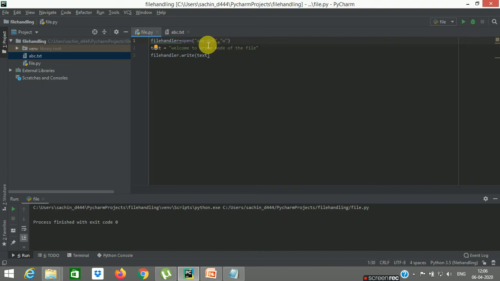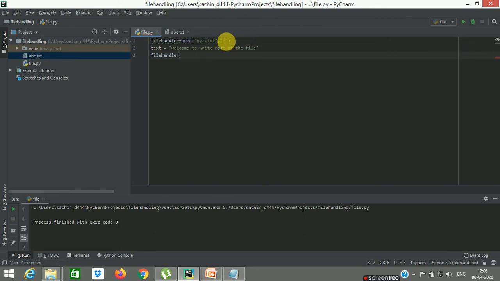Let's see if there is no file as such. Let's say I'm going to name it xyz.txt and I want this content to be put into the xyz.txt file. So in that case, if I open it in write mode, what will happen? Let's say I'll try to open this in read mode first and check what is going to happen.